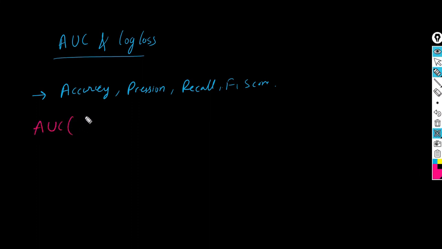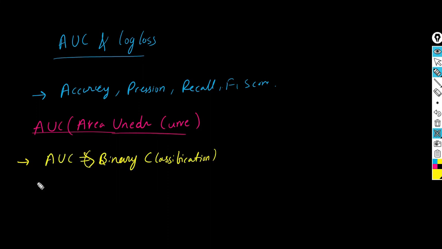AUC means area under the curve. The first thing that we have to know about the AUC score is that we can only use it for binary classification. And why do we need this? We have accuracy, precision, F1 score, those are the metrics. Suppose you are using a binary classification task, we have some models like logistic regression, Naive Bayes,